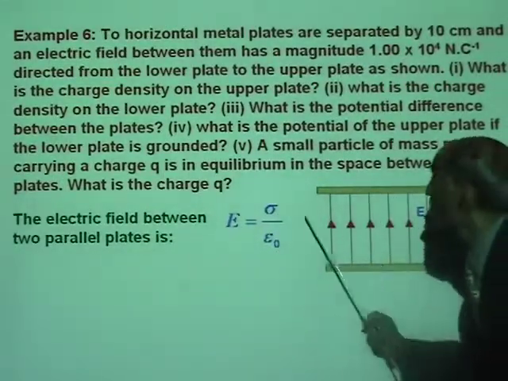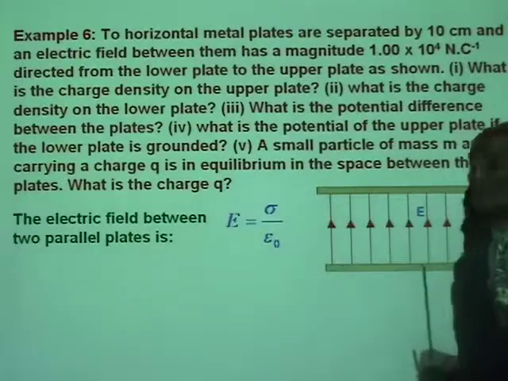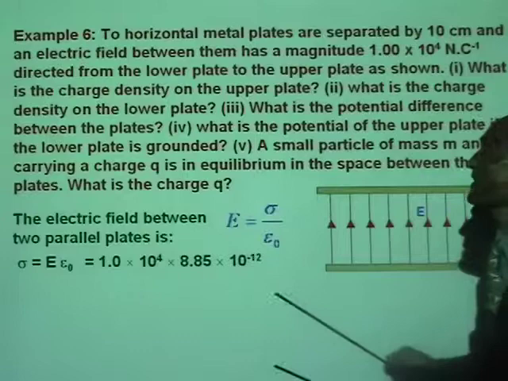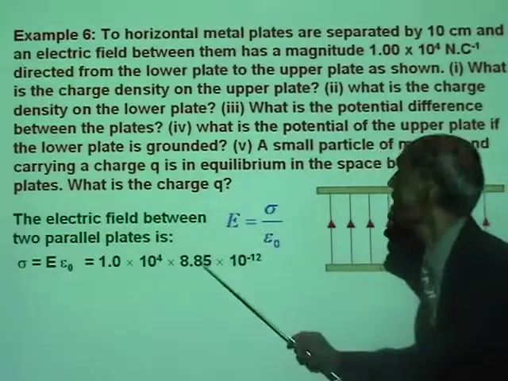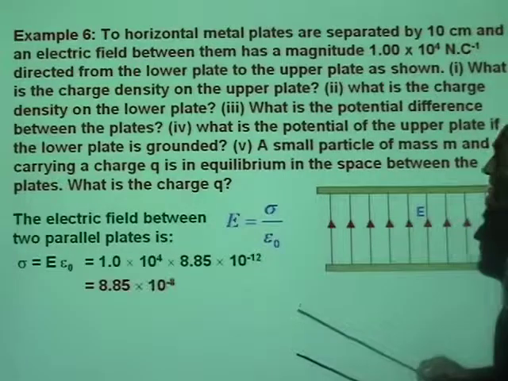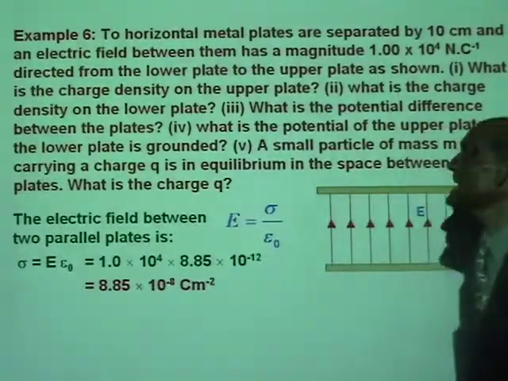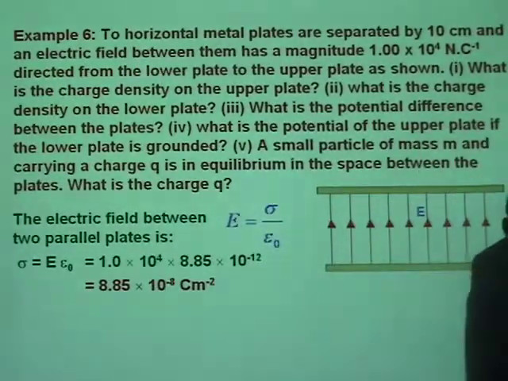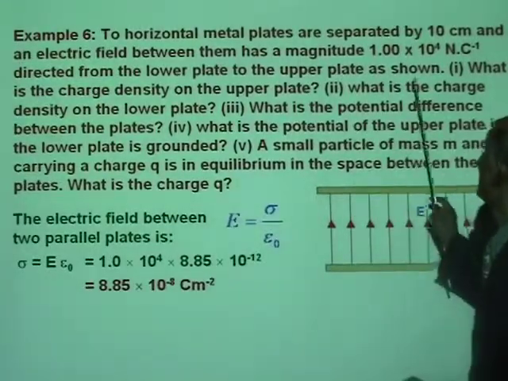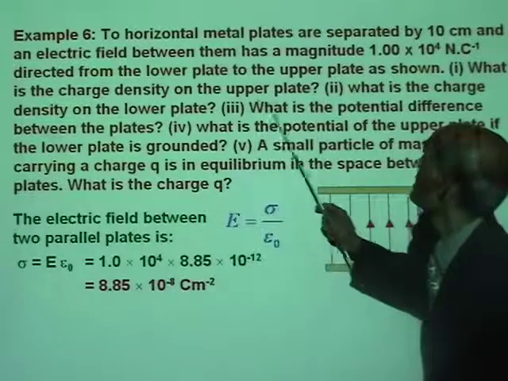They will add up to give you sigma over epsilon naught. Therefore, sigma equals E epsilon naught. We know E that is given to us, and this is epsilon naught. Therefore, sigma is 8.85 times 10 to the negative 8 coulombs per meter squared, and that is the charge density